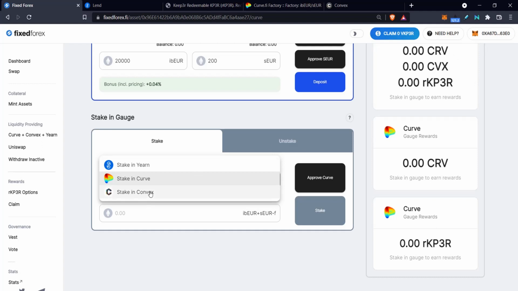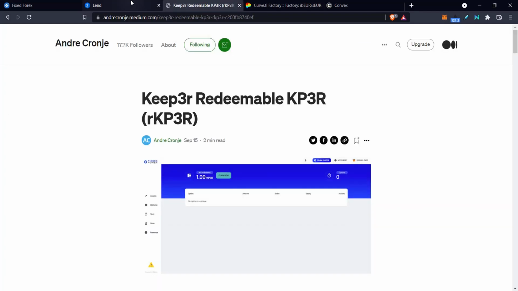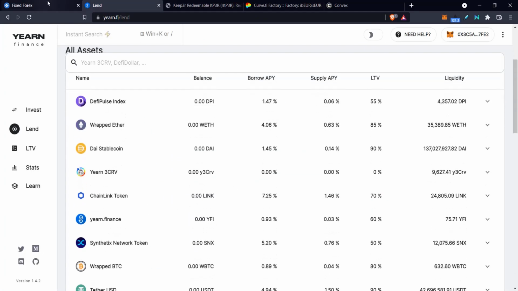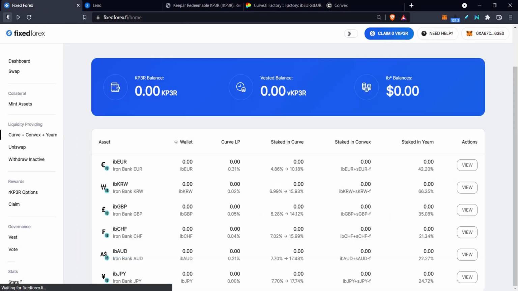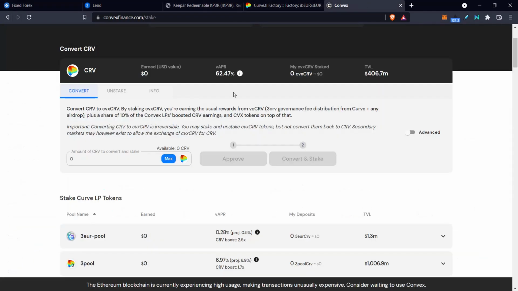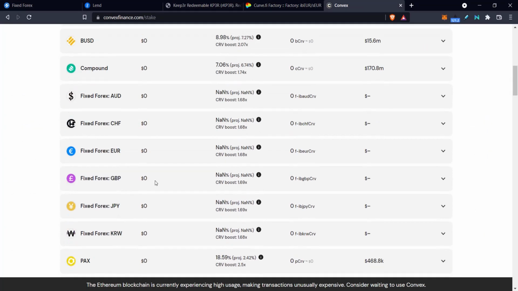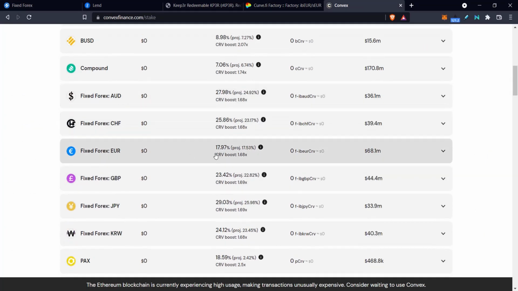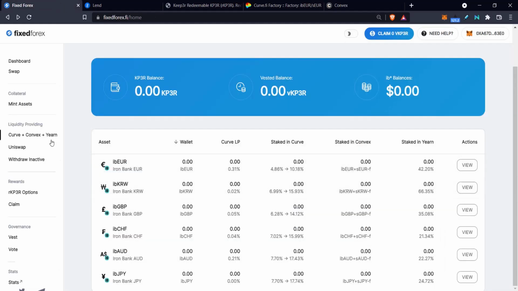Now, the Convex doesn't show the, where is it? Here. Let's go back. Yeah, the Convex doesn't show the APYs, so you're going to have to swing over to Convex and go find it here, and it's currently at about 17% at the current time of this video, but these numbers change quite frequently. So that's the Curve APY, and then if you decide to stake it in Yearn,